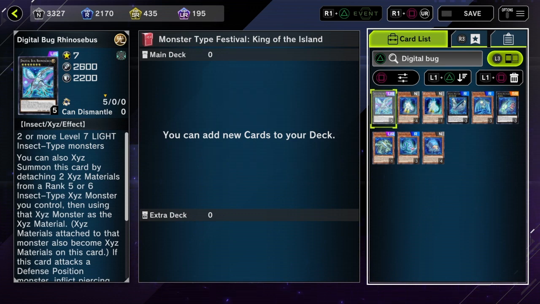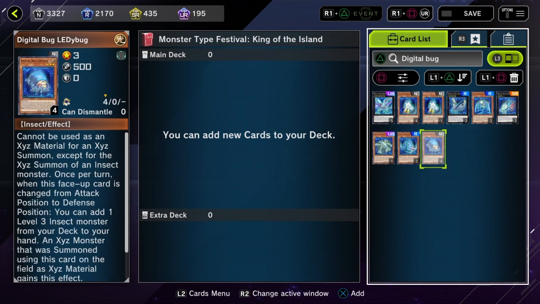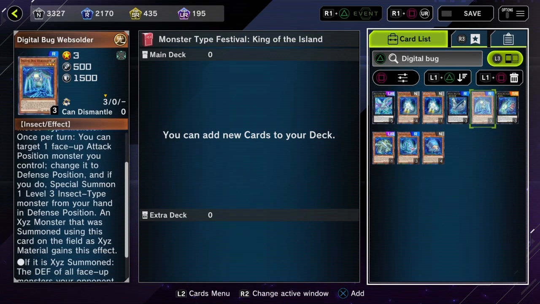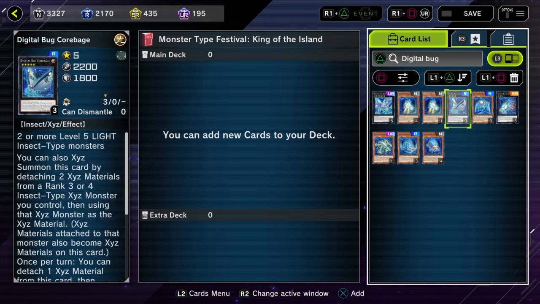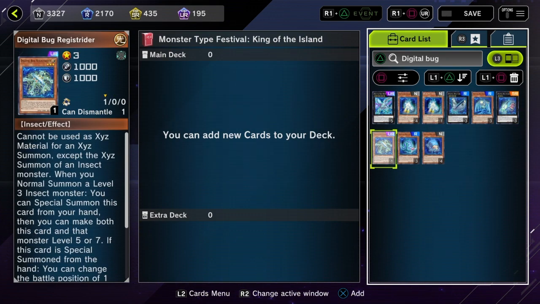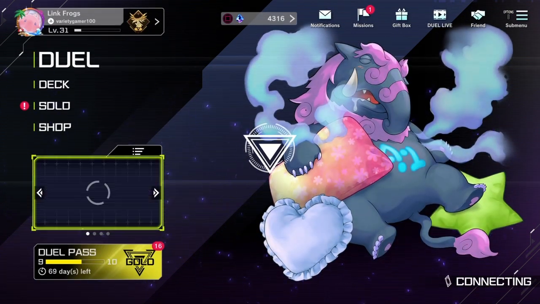I mean, I'm sure you can think of something like Digital Bugs. They are pretty nice since you can just run the generic level 3 insects and they'll still work, since they don't have to be Digital Bugs that are being summoned. This doesn't have to special summon other Digital Bugs from the deck. So yeah, you could just see what you have in line with level 3 insects and work from there. So yeah, this could be pretty nice. That's a thought anyway. But yeah, now let's move on to the next one,